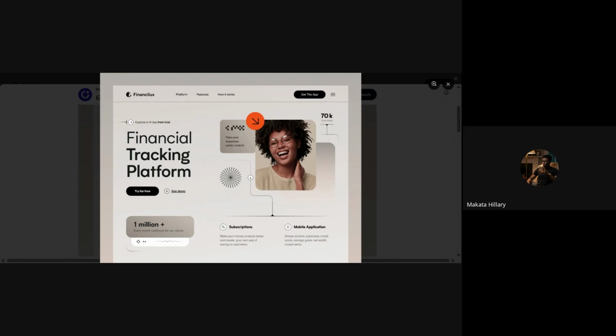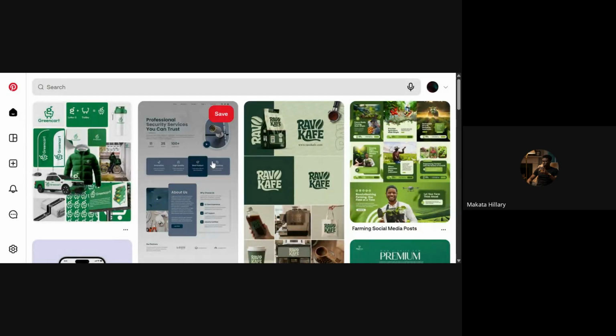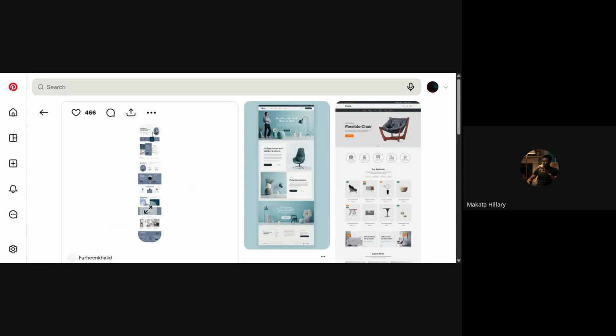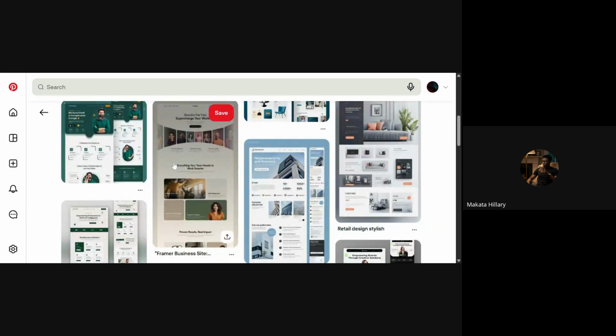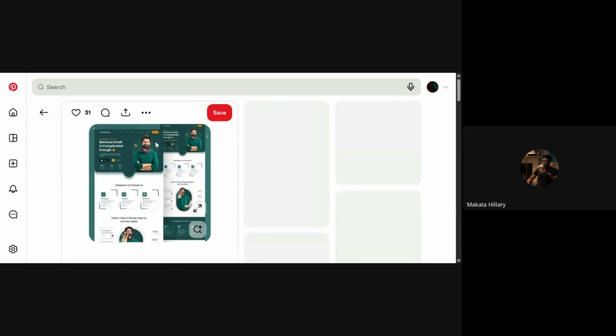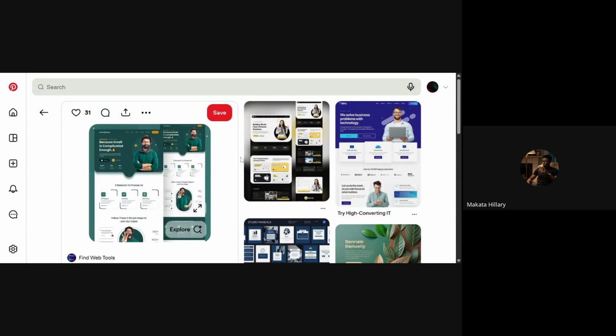So you can just design this, then send it to the person that needs the website. The person is going to pay for the design. So you design different pages of the website, and then you send the whole file. For example, this particular one is a website page. As you can see, you have different sections, so you can get an idea of how the website is going to look. Once you are done designing it, you send it to the person. Website designs are very, very expensive